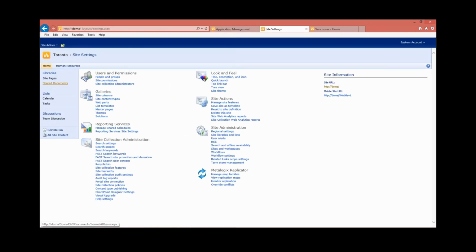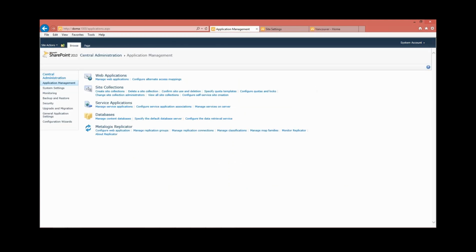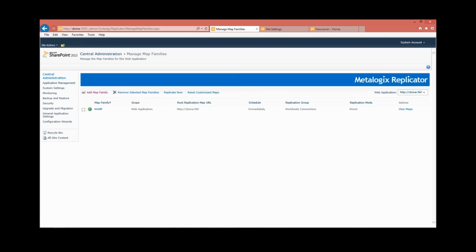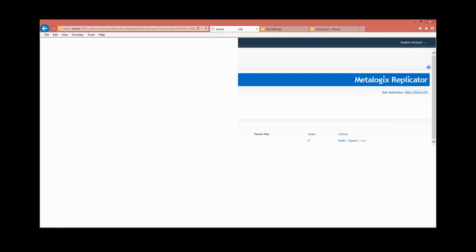All right. So now I'm going to go back into my map family. And so, for example, in Toronto, we have shared documents that exist in both Toronto and Vancouver, but I want to keep that separate. What people upload in Toronto, I don't want them to receive that in Vancouver and vice versa. So I'm going to go into my map family,